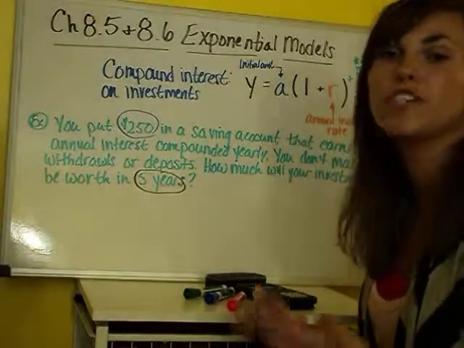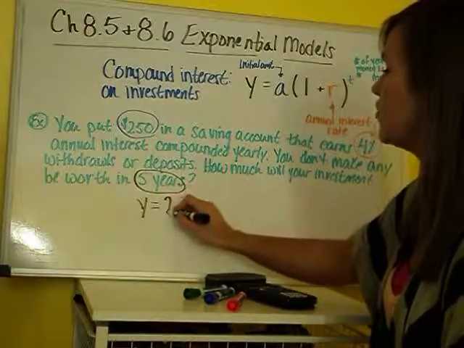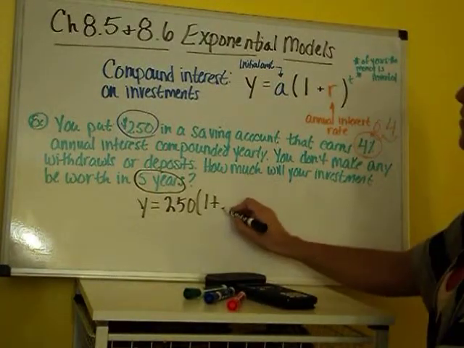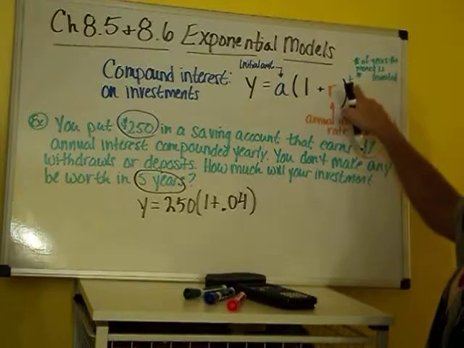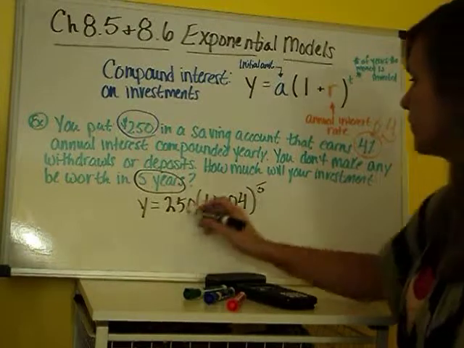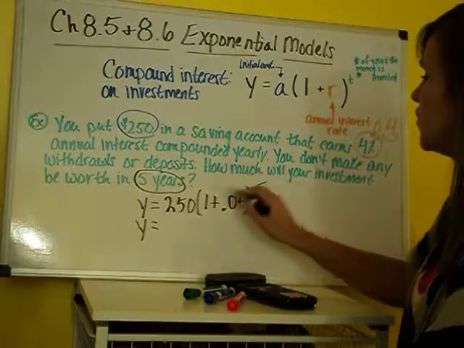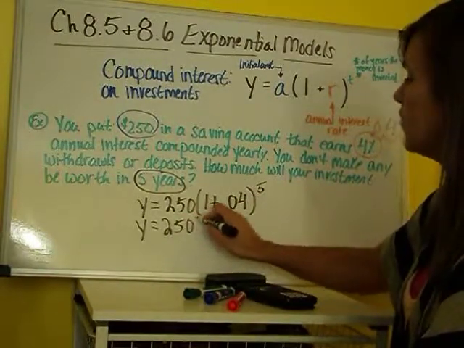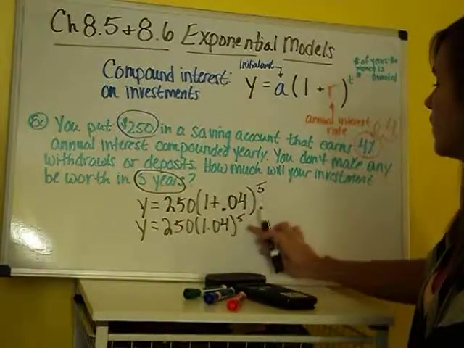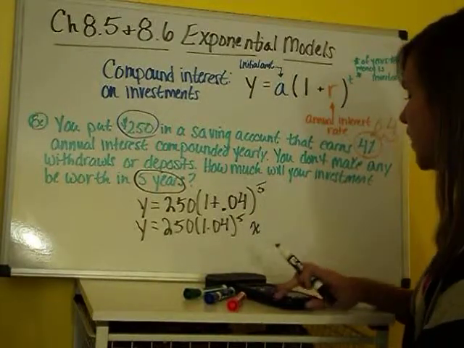Okay, so now we just plug and chug. So we're going to have y equals our initial amount, $250, times 1 plus our interest rate, written as a decimal, 0.04, to the t power, number of years the money is invested, which is going to be 5. Using our order of operations, we want to do parentheses first. So we're going to have 250 times 1.04 to the 5th power. From there, we are going to take our exponent, so 1.04 to the 5th power,